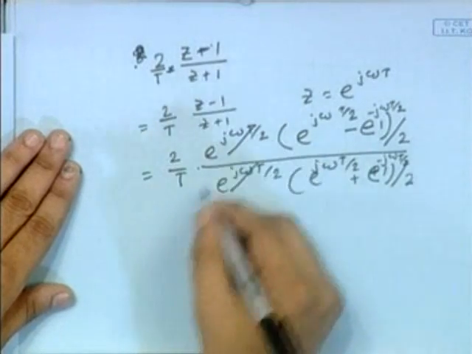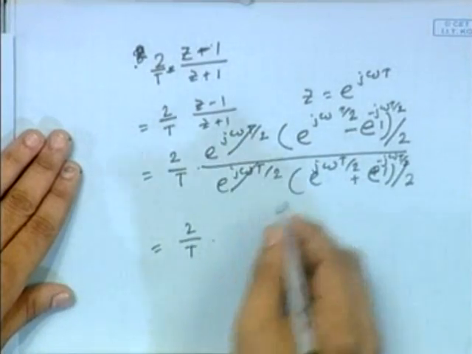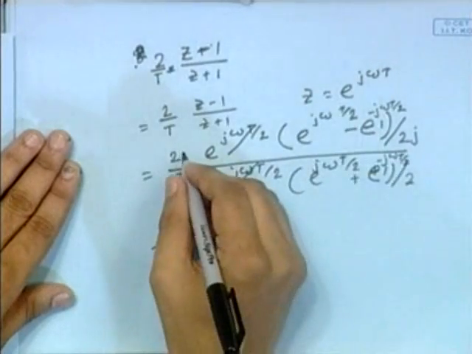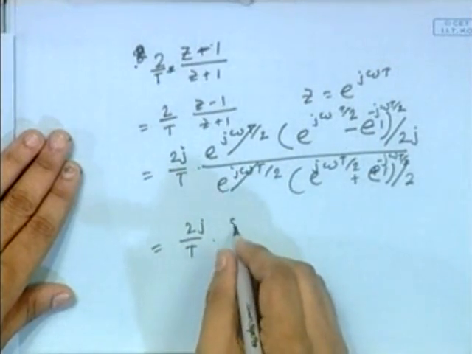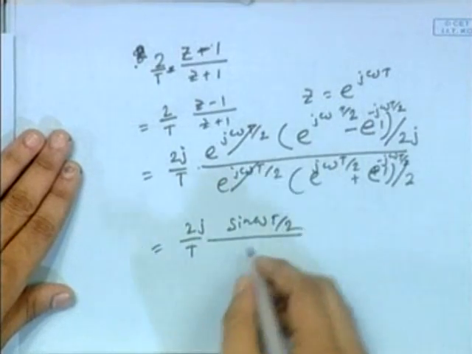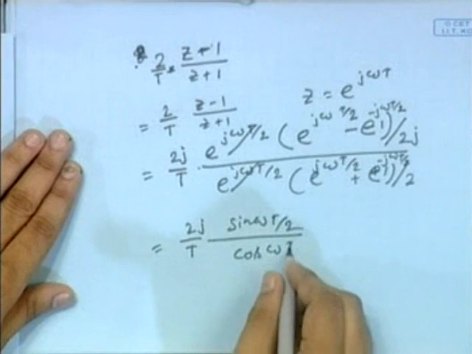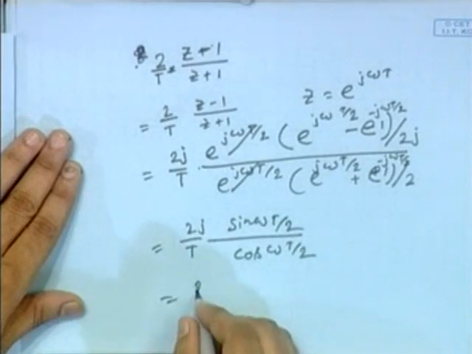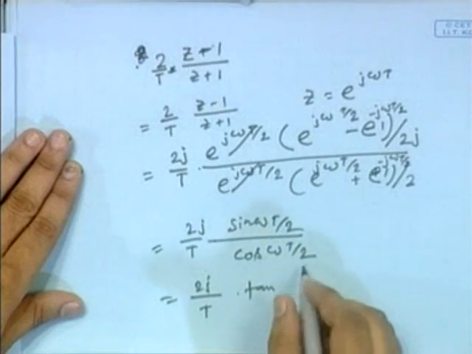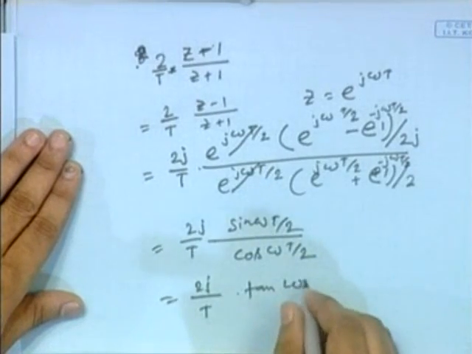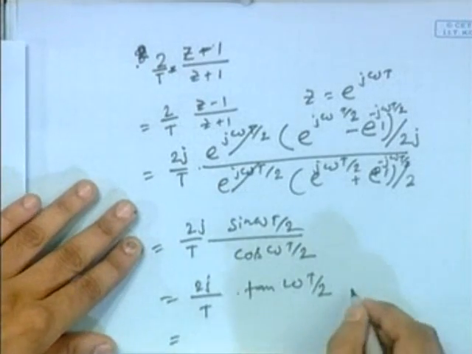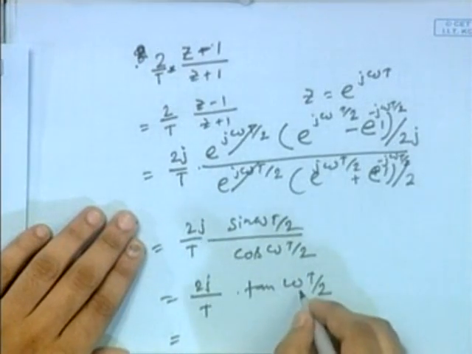So these two will cancel, 2 by 2, and this is equal to j, which is multiplied here. So this is equal to 2j by t tan omega t by 2. Now as I have told just now,